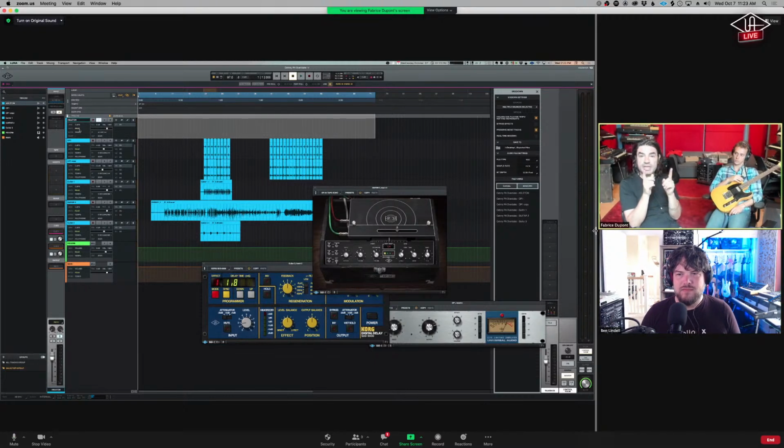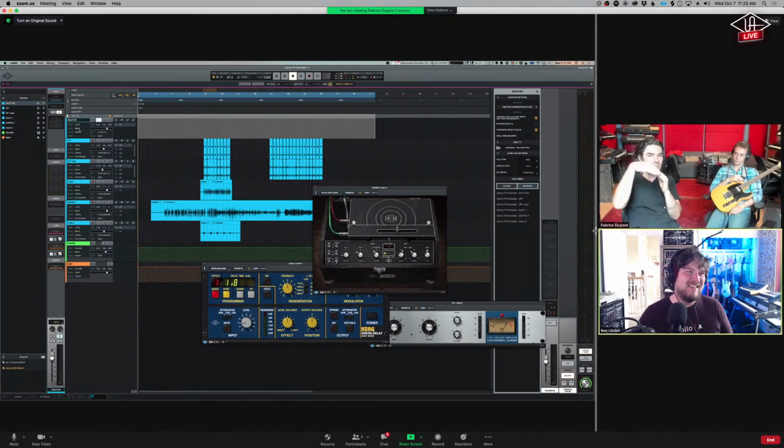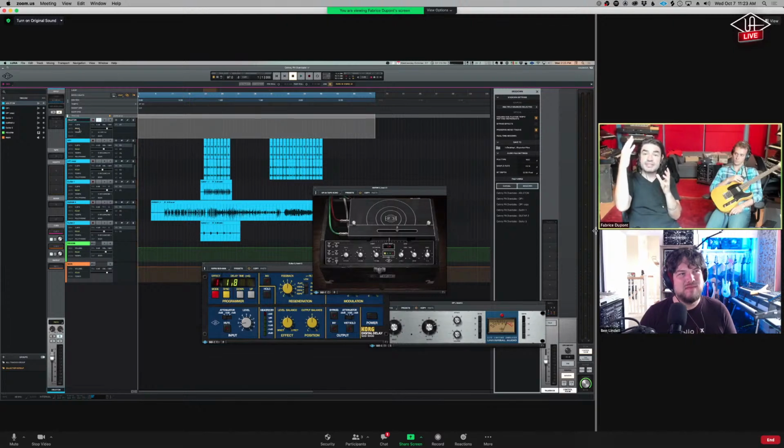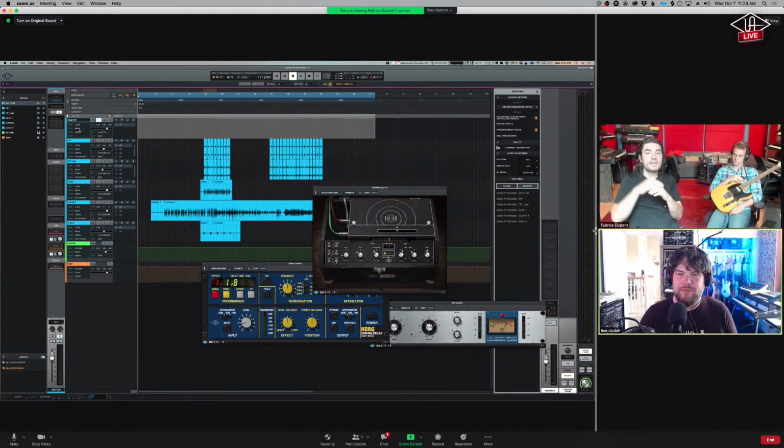However, don't forget that that's the average level. Your peak levels are going to be higher than that, because every sound has a peak and an average level, and the difference between the two is its dynamic range. So if you have a snare drum, there's going to be a very big dynamic range. And if you have a pad, it's going to be very little dynamic range.